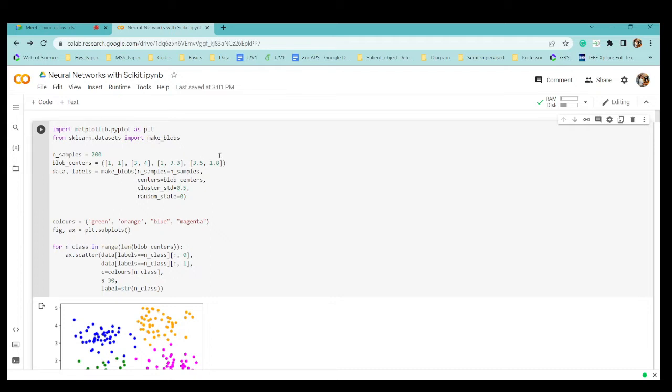It is a composition of different colored blobs, and that is the data set you will call. With neural networks I want to show you how you can train a sample using this data set called make blobs. So with sklearn I'm calling this make blobs.